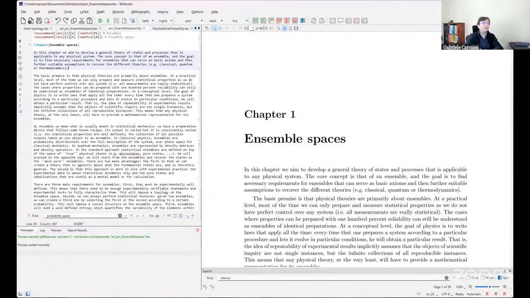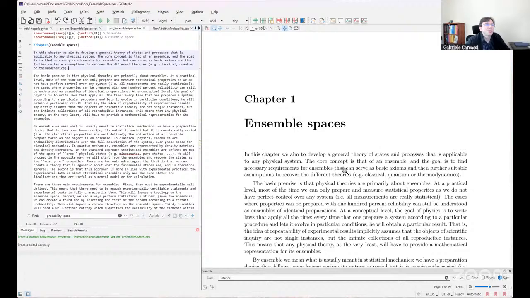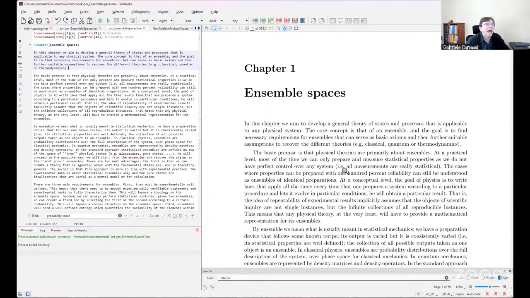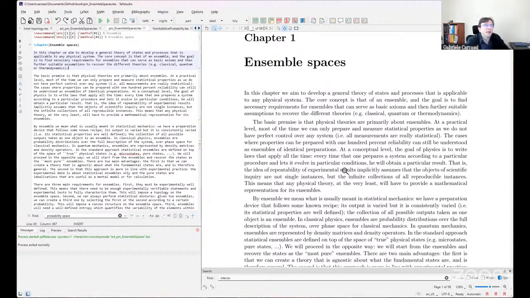So in this chapter, we aim to develop a general theory of states and processes that is applicable to any physical system. The core concept is that of an ensemble, and the goal is to find the necessary requirements for ensembles that can serve as basic axioms and then further suitable assumptions to recover the different theories, such as classical, quantum, or thermodynamics. We're going to be doing some type of inverse statistical mechanics, in the sense that in statistical mechanics, you first assume